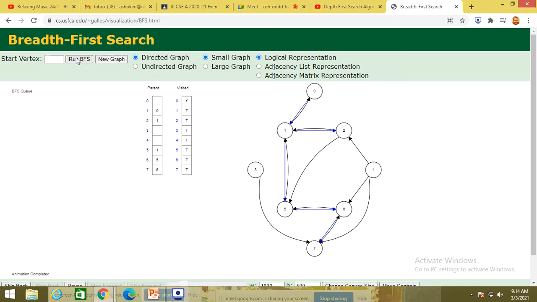This could be the procedure. For example, I'm going to start from 2.